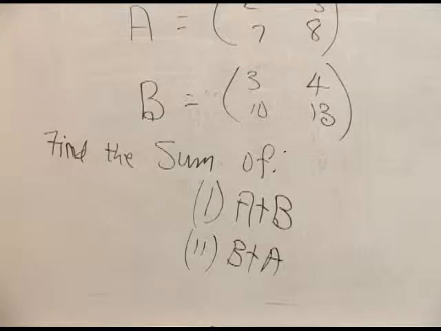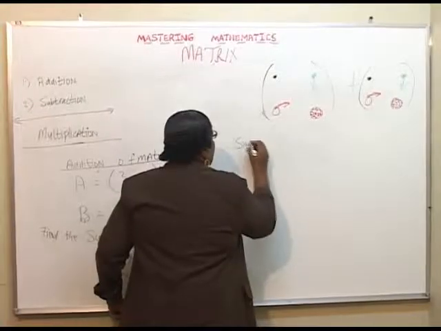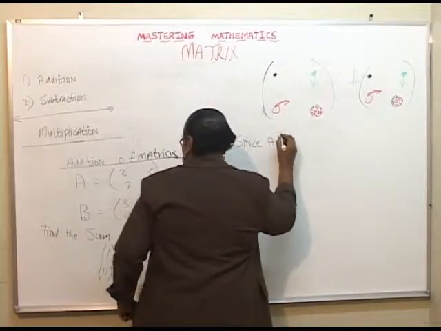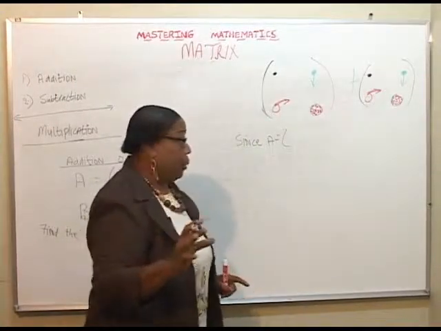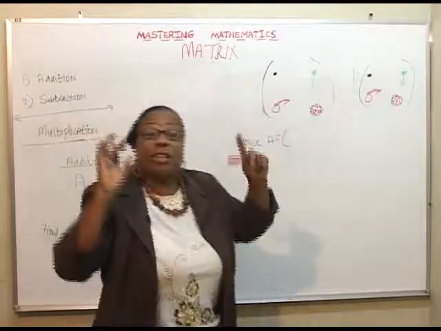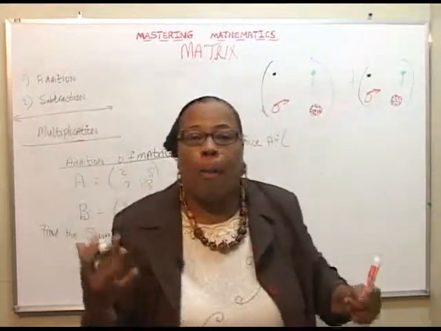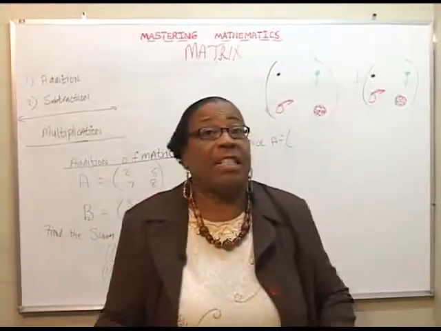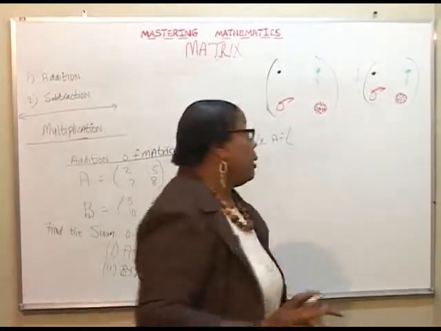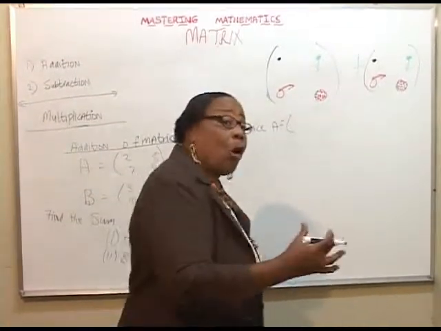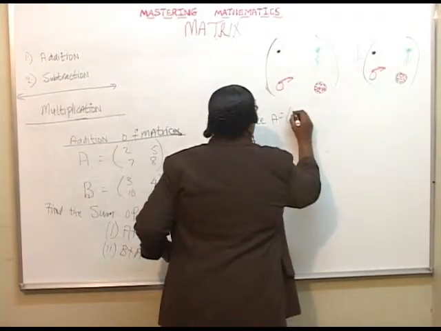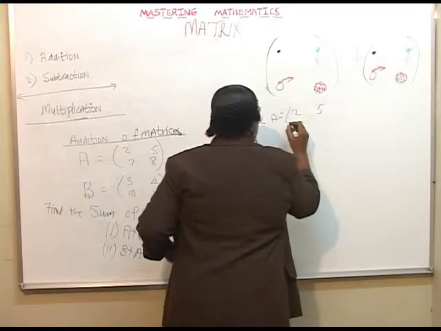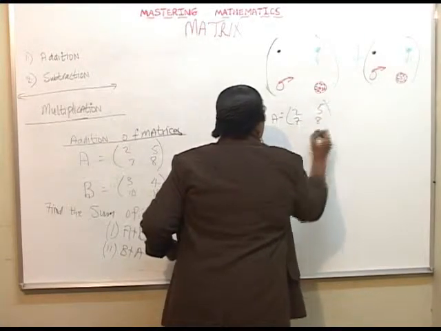Our first thing was to say, since A is equal to, and our matrix would be, because we're copying it from the exam papers, so we have to start stating, we talk to the examiners from our papers. They don't see our faces, they don't know who we are. And so the only thing is to talk for them on our papers. Since A is equal to 2, 5, 7, 8,